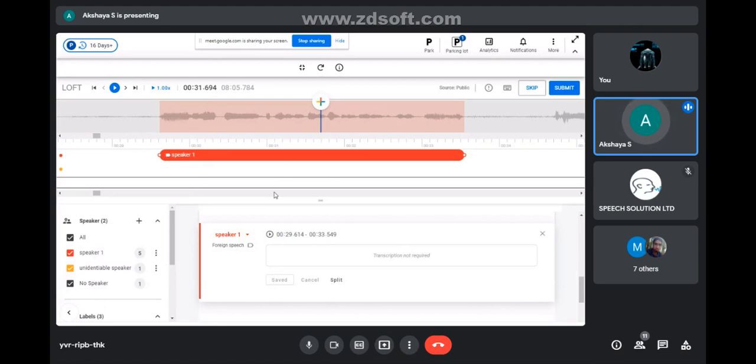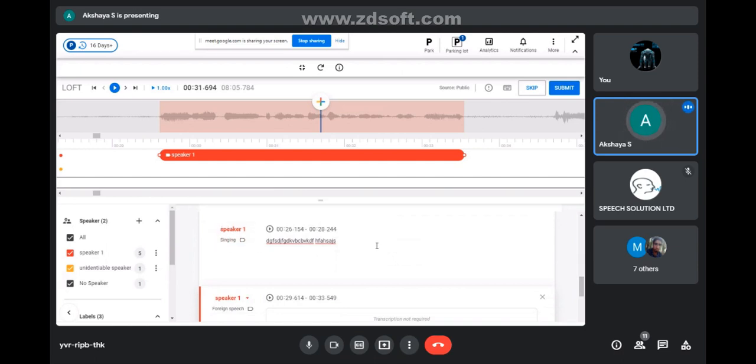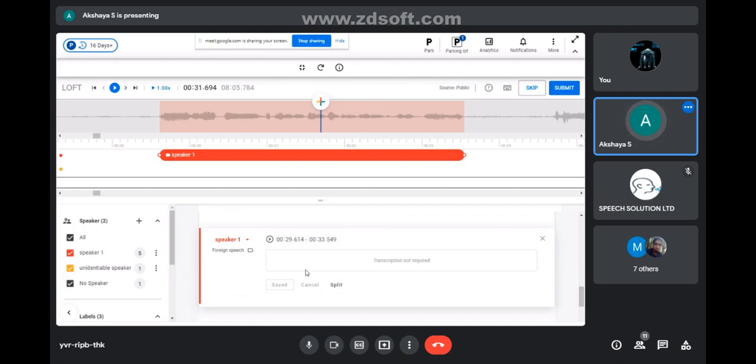I have explained all three types of speech labeling. For speech segmentation, you need to label the speaker number, speaker name, or unidentified. For normal speech, no need to label. For singing, you need to label it as singing and transcribe the lyrics. If you can't understand what the speaker is saying, label it as unintelligible; no need to transcribe. If the speaker is continuously talking in English or another language other than the native language, label it as foreign speech and don't transcribe. These are the four types.